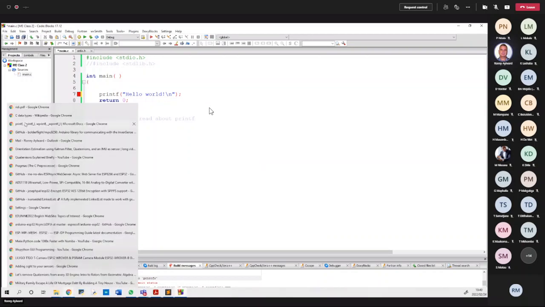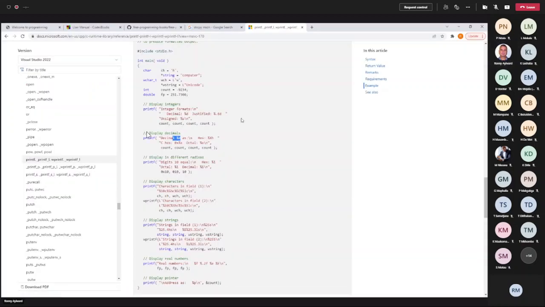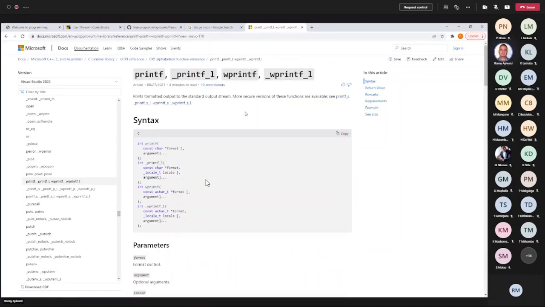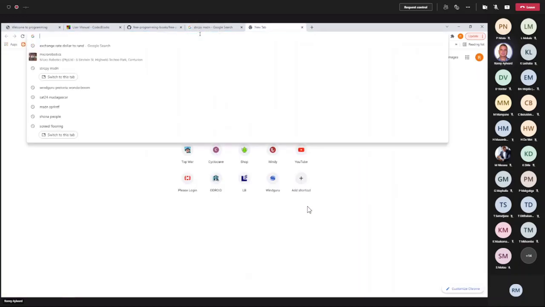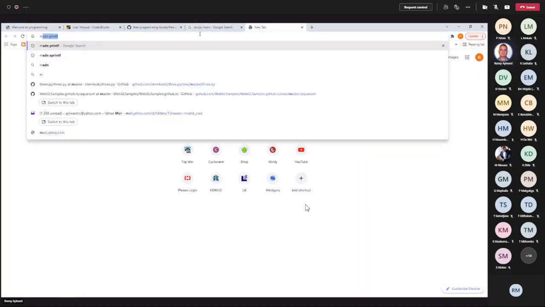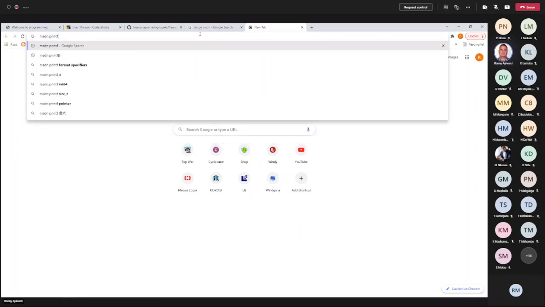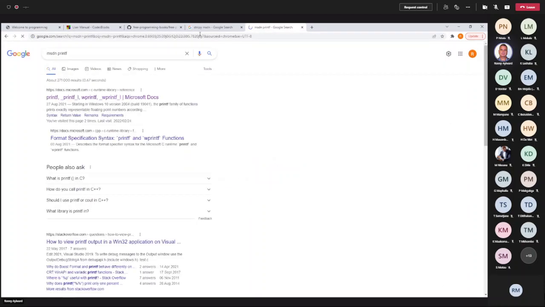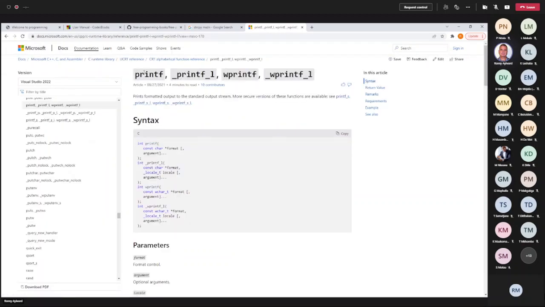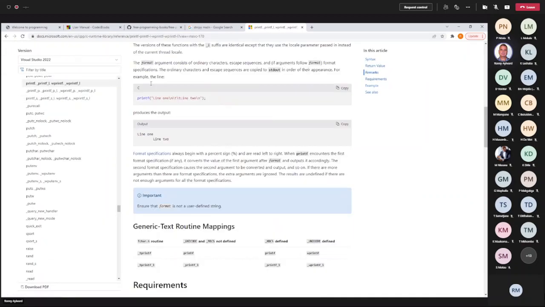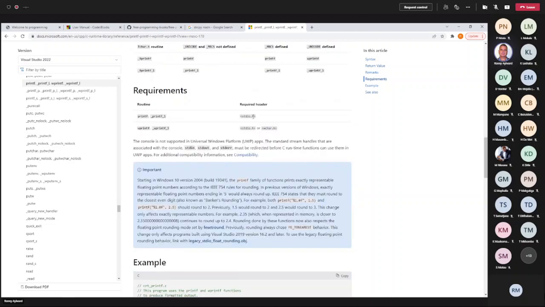So again, just repeating it, what you do is you go onto your favorite browser, you say msdn printf, and if you spelled it correctly, you should get docs.microsoft.com, and when you click on it, you can scroll down and find out what you need to include.